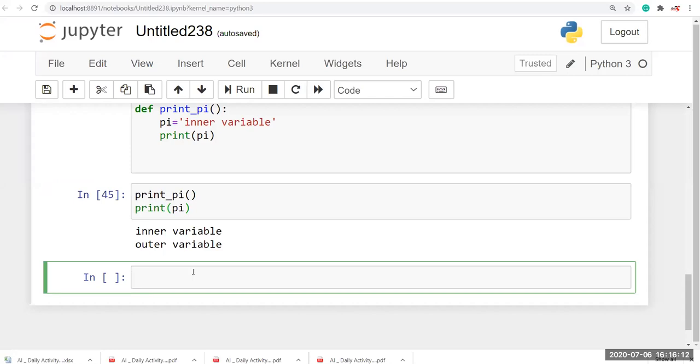Like I'm going to print my name with hello. Okay. So now I'm going to declare a variable that is Shankar.